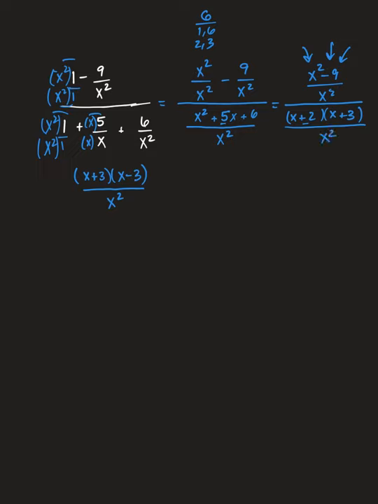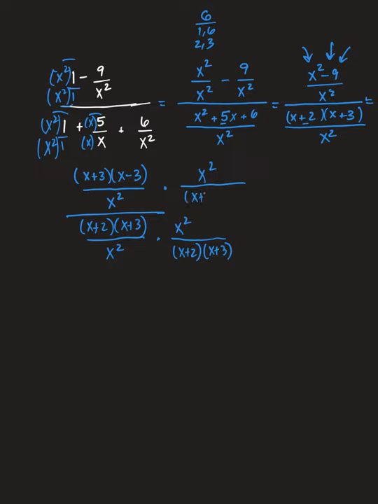And so I'm done there. I'm going to just go ahead and write it right down here. I'm just going to rewrite x plus 2 times x plus 3 all over x squared. Let's put an equals up here. There we go. And now I'm ready to multiply by my reciprocal. X squared over x plus 2, x plus 3, and in the numerator as well. X squared over x plus 2